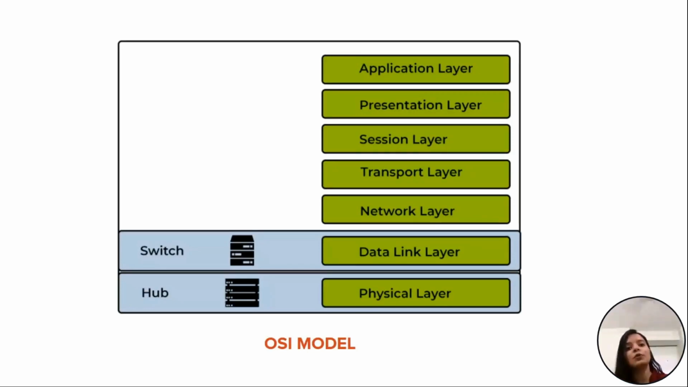So before we move to the SDN, let's see how a traditional switch looks like. So basically, this, Anjana, is how